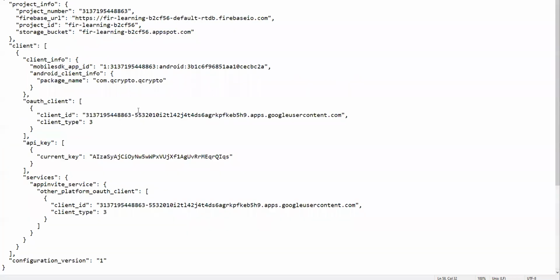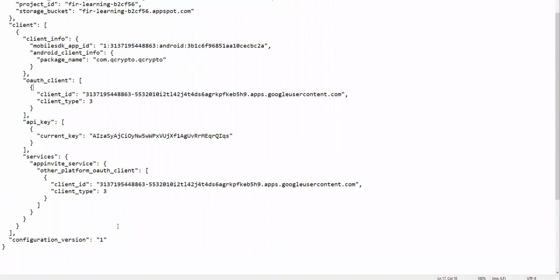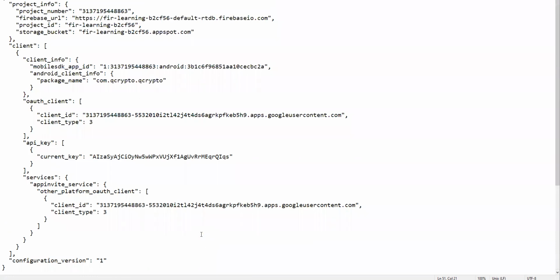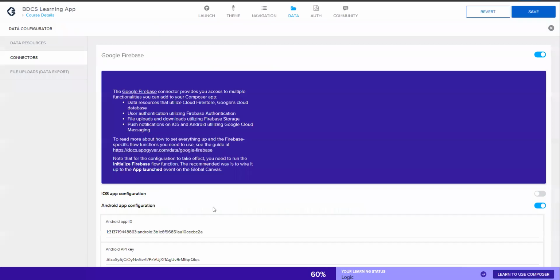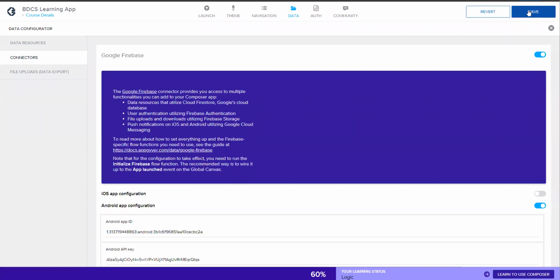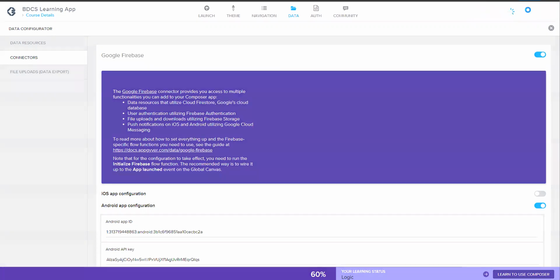So what you would need is the Android app ID, the API key, and the client ID for the Android. For the web, you would need the web ID, the web client ID could be different, and you need the messaging sender ID, the storage bucket, the API key, and everything else you would need as part of these details. So once you got all the details over here, you click on save. Once you save it,